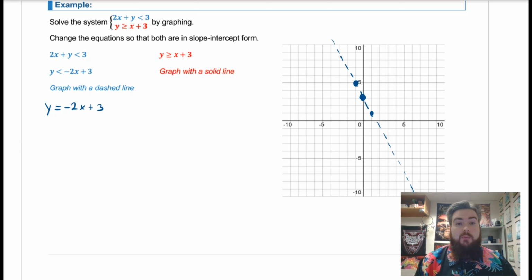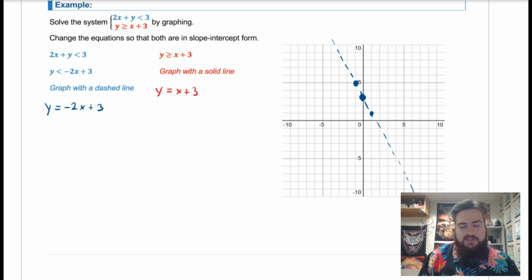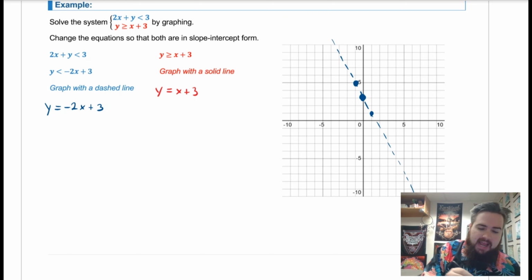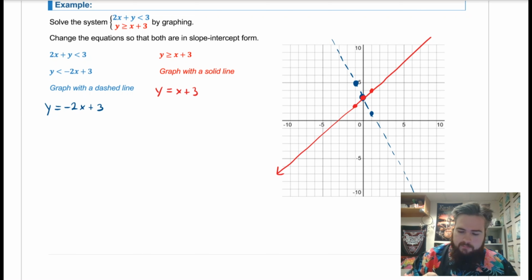As for the second inequality, we already have this in slope-intercept form, y greater than or equal to x plus 3. And again, we're going to graph the equality version of this, y equals x plus 3, to represent our boundary line. This one also has a y-intercept at 3, so they do already have that point where they overlap. But it has a slope of 1 in front of x, so that'll be up 1 over 1, or back 1, down 1. This one, though, we will graph as a solid line because the inequality there is greater than or equal to. So something like that.